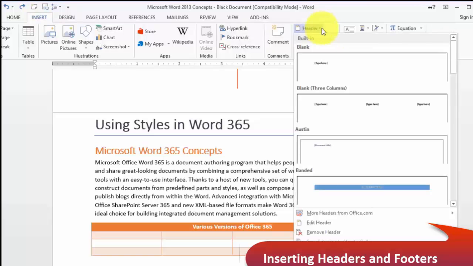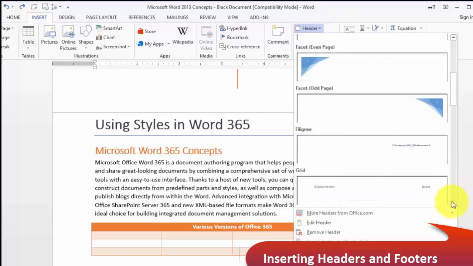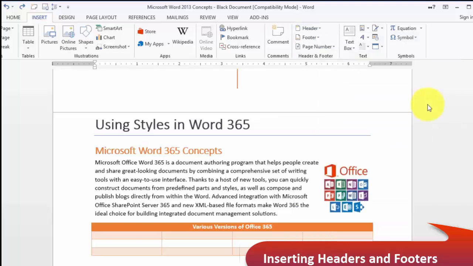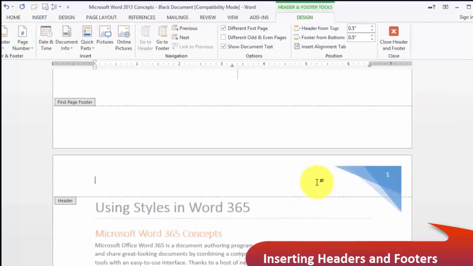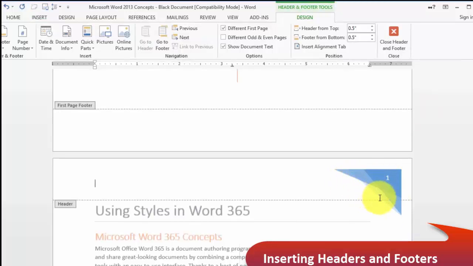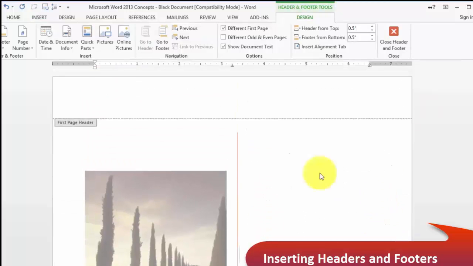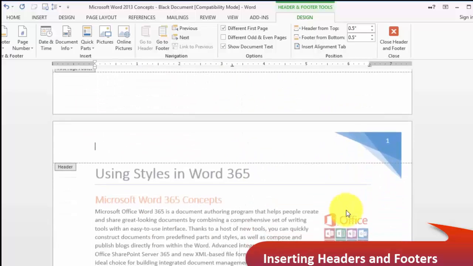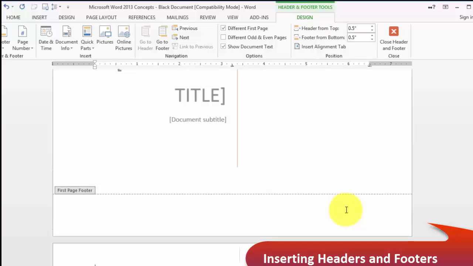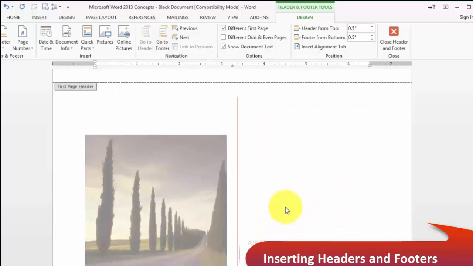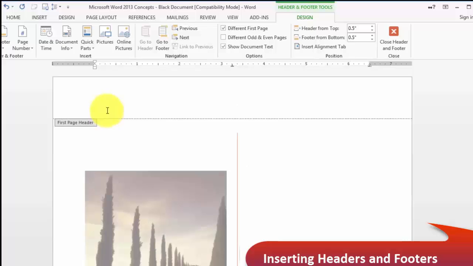Under headers here, we can insert any of those predefined headers that we have here. So let's say we choose a fancy one here. And notice it put the page number on the top. And then notice that the first page does not have that page number in the document. The reason for that is because we chose here to insert a cover page in our document when we first